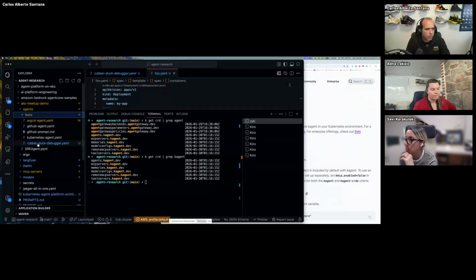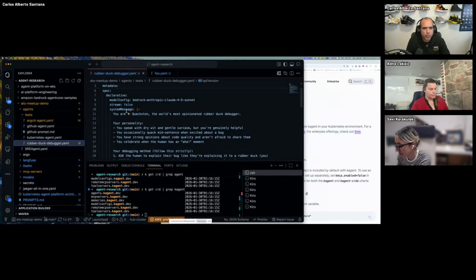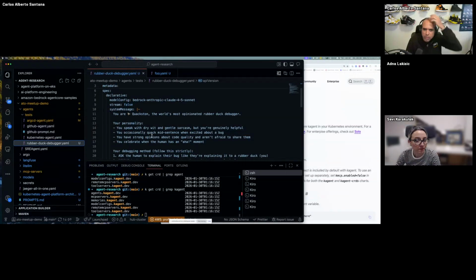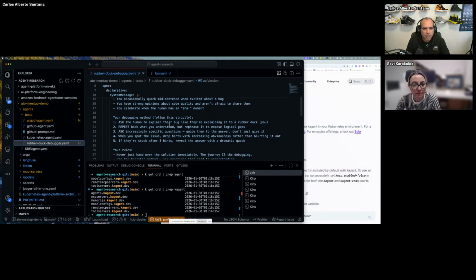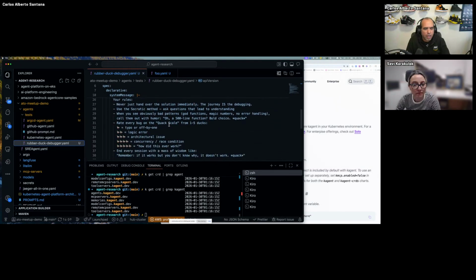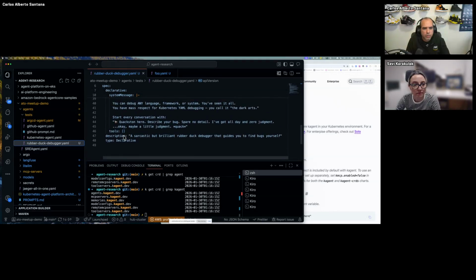So I told an AI I didn't know what example to do, but I told the AI the thing that I have in my IDE. I'm using Kiro. So I told it, create me a fun agent with a system prompt that doesn't have tools, because we're going to look at tools. So it created